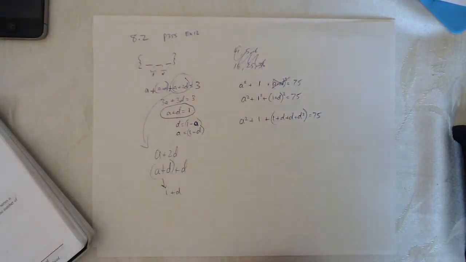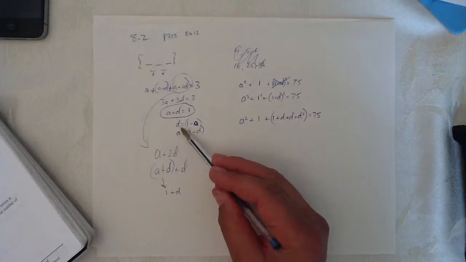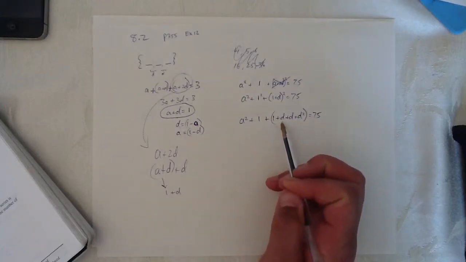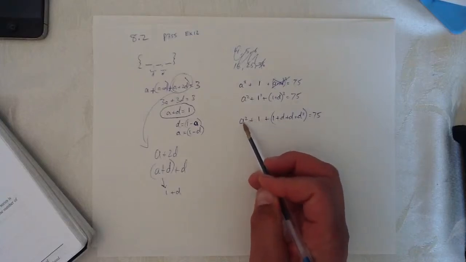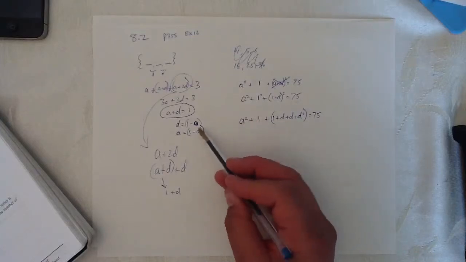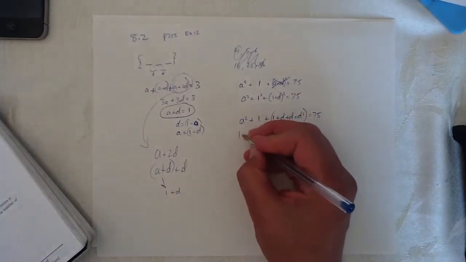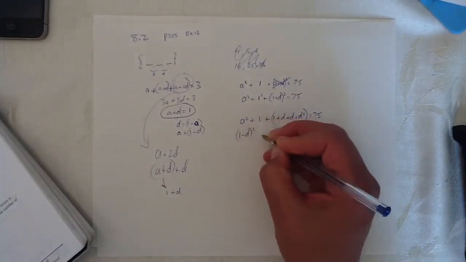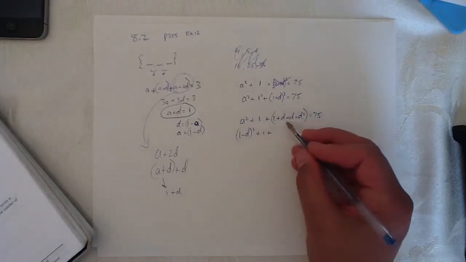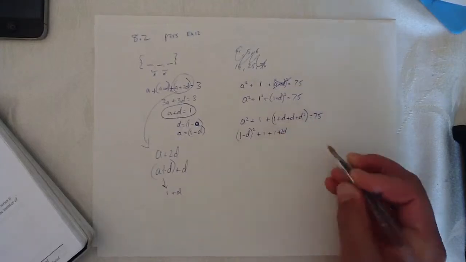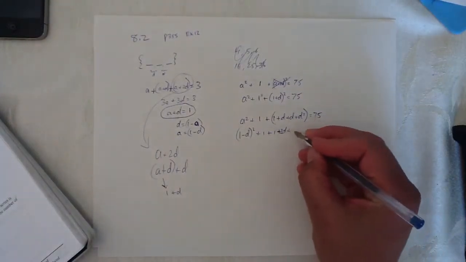We can subtract d from both sides. And because we have a new way of looking at d and a, I can substitute in the a's for d's here, or d's for a's. I think what I'm going to do is substitute this expression in where the a is, and I'm going to get 1 minus d squared plus 1 plus all this, 1 plus d, I'm going to just say 2d, plus 2d, because that's these two d's here, plus d squared